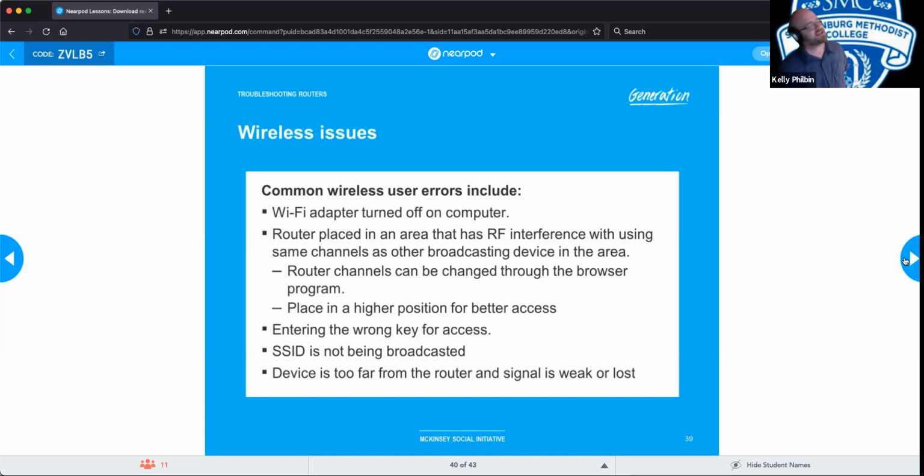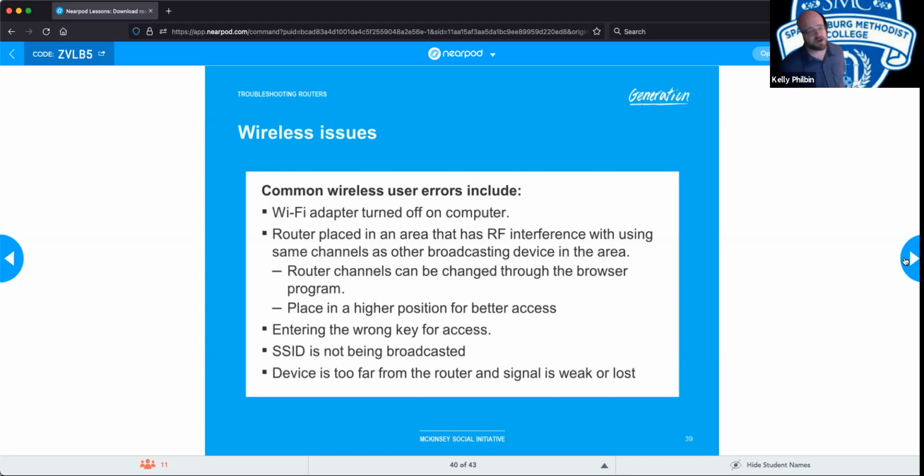Apologies. All right. So yeah, on a laptop, it is a toggle switch that can be turned on and off. Sometimes you can bump it and not realize it. Sometimes they may go on a business trip and on the plane turn it off because they ask you to, and then you get back and you forgot that you turned it off, and all of a sudden you have no Wi-Fi. Router placed in an area where there is radio frequency interference